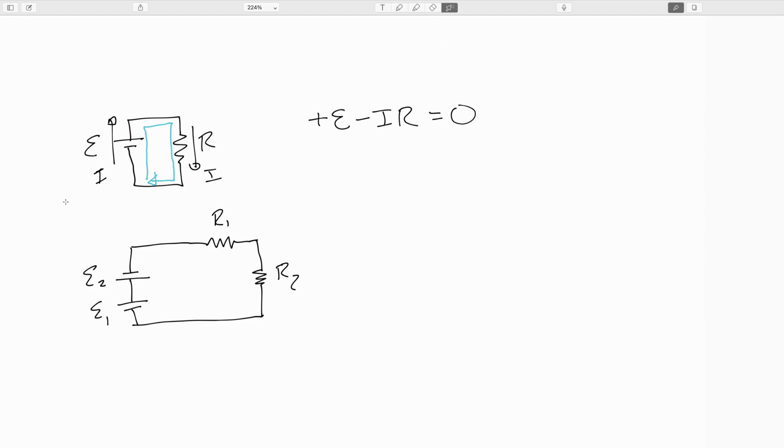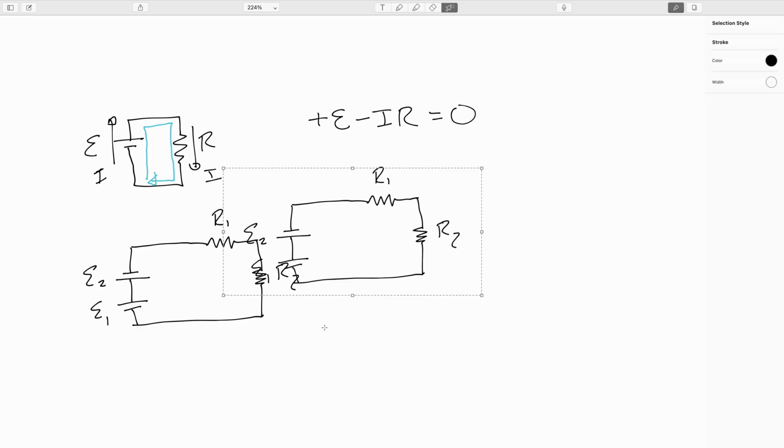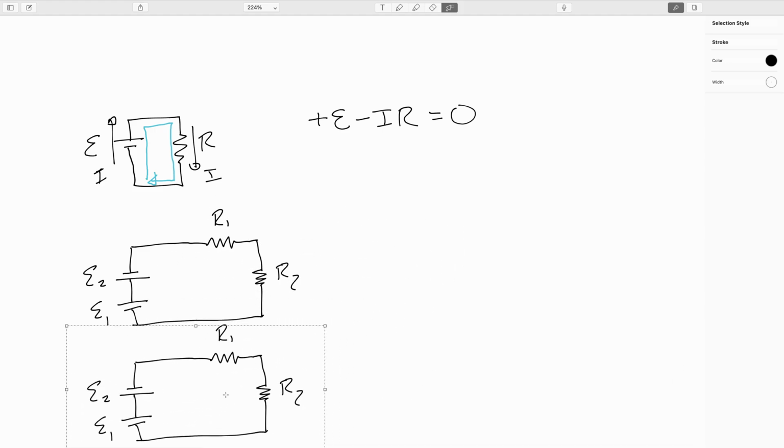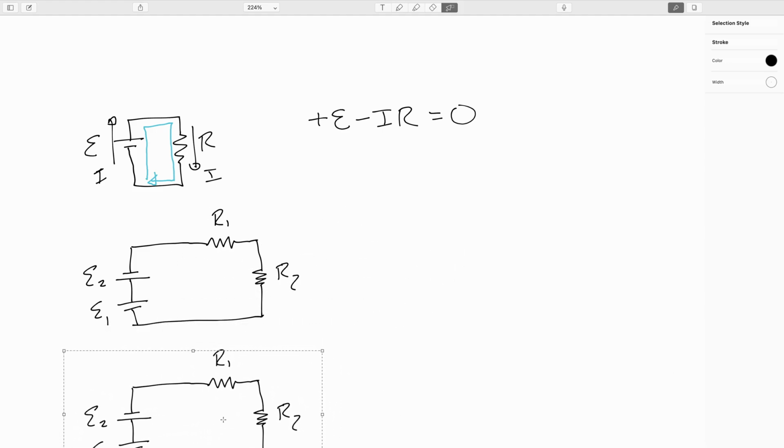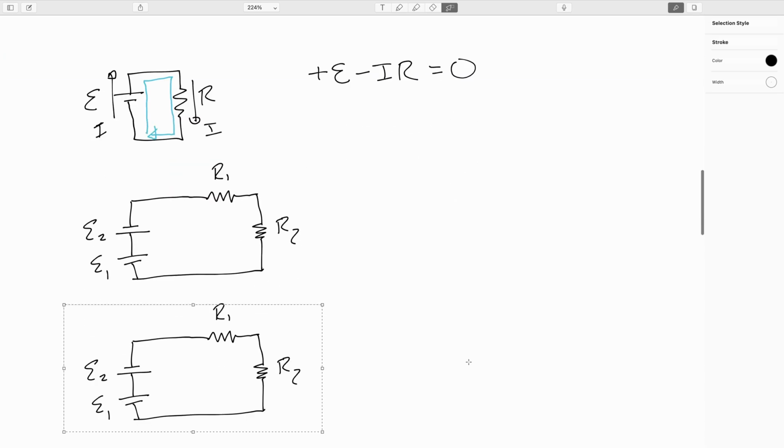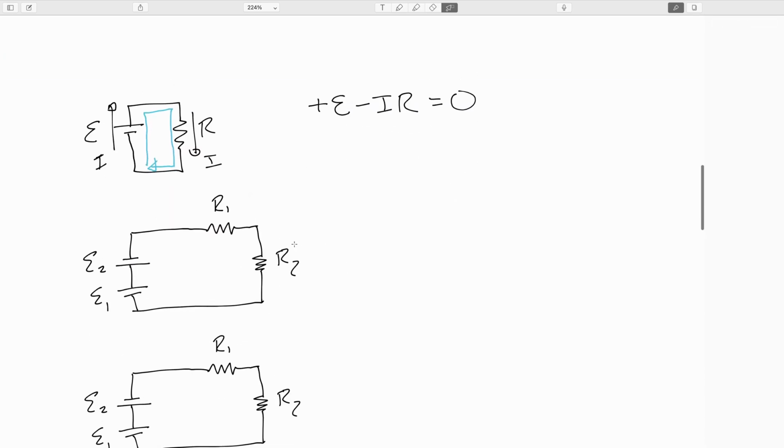And for mysterious reasons, I am going to copy and paste it right now, and basically just stick another copy down there. Okay. So here, let's go ahead and